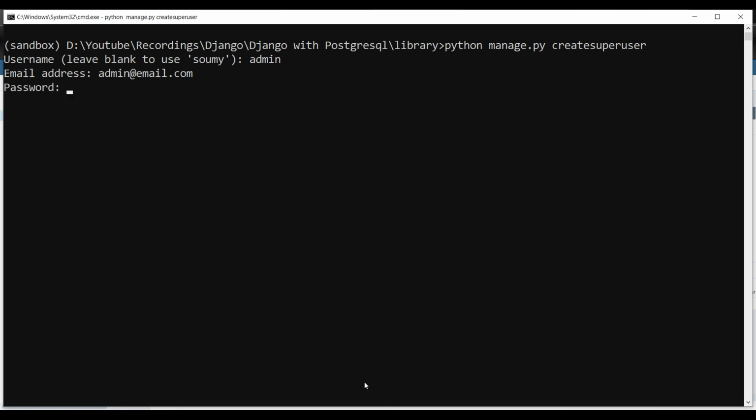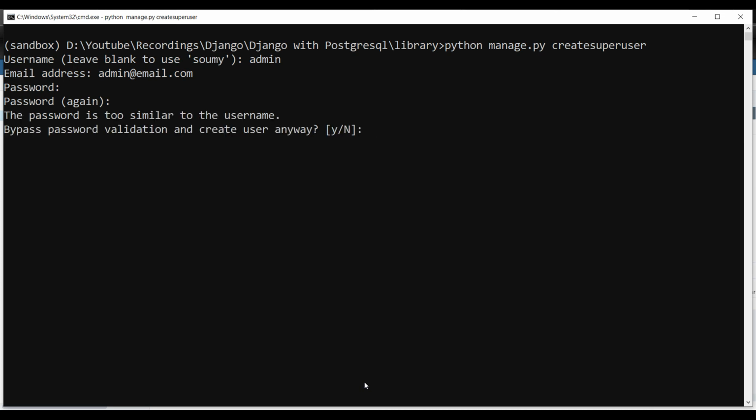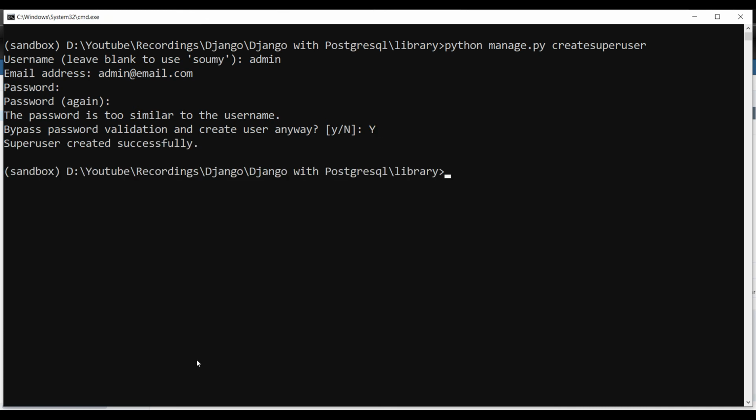When typing you cannot see the password, but it will take whatever you are typing. So we have to type it again. It is saying too similar. That's fine, it is a local system only. I'll say yes. I just created this superuser.